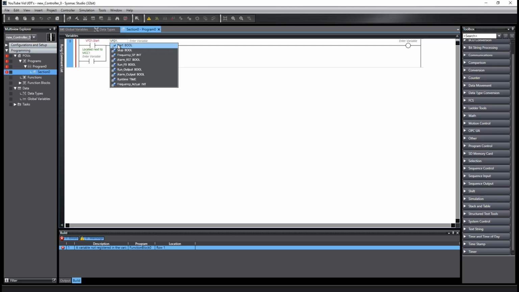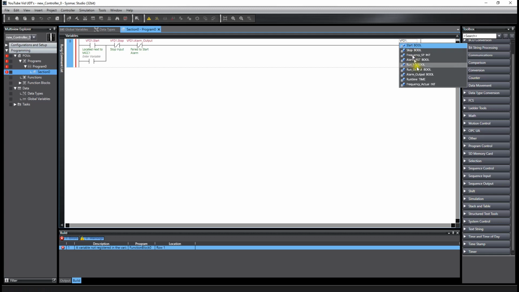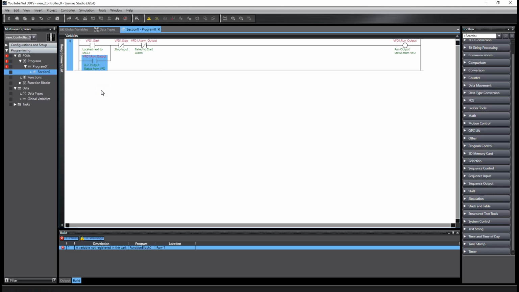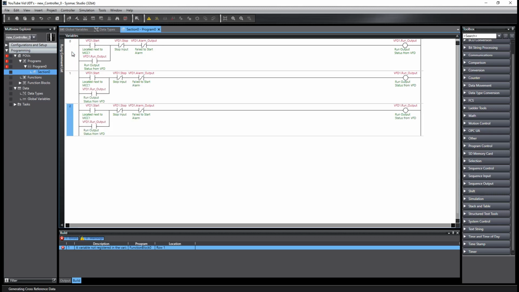This one I want to be the stop. This one I want to be my alarm, VFD1 dot alarm output. And this is going to be my run, so VFD1 dot run output. And then I'm going to latch that in right here, VFD1 dot run output. There's my first rung. There's how I access all the attributes under that UDT, which are mapped to my one global variable. Right? So now I'm just going to copy this rung, paste it in a couple times,